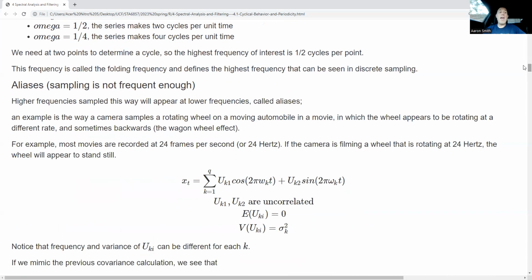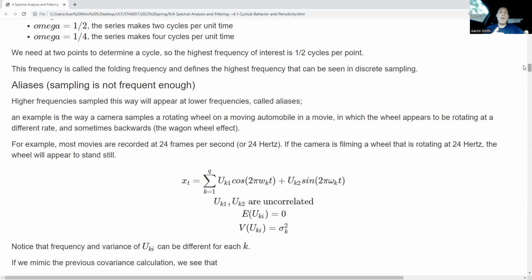This leads to the concept of aliasing. Aliasing is when I'm not sampling fast enough to detect what's going on. A good example of this in real life is when you're watching a video of, let's say, a helicopter rotor spinning, and you see the helicopter sitting still. The rotor is not spinning yet, and then it starts going in a particular direction. Then, as the video progresses, it looks like the rotors are actually going the opposite direction. That's because the frame rate of the video is not fast enough to detect where the rotor is effectively,